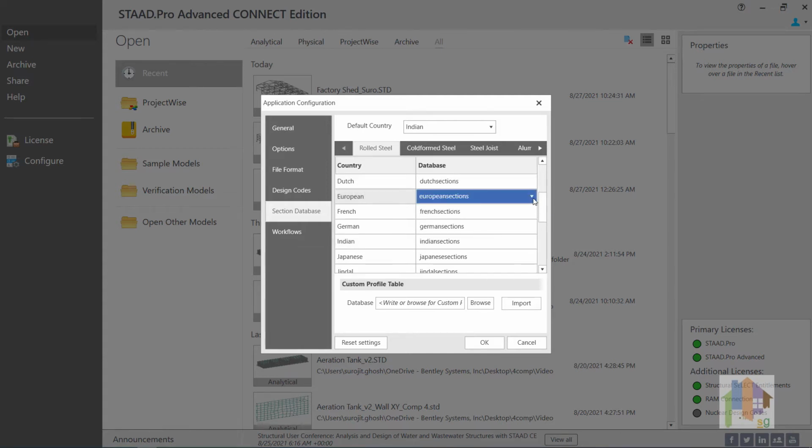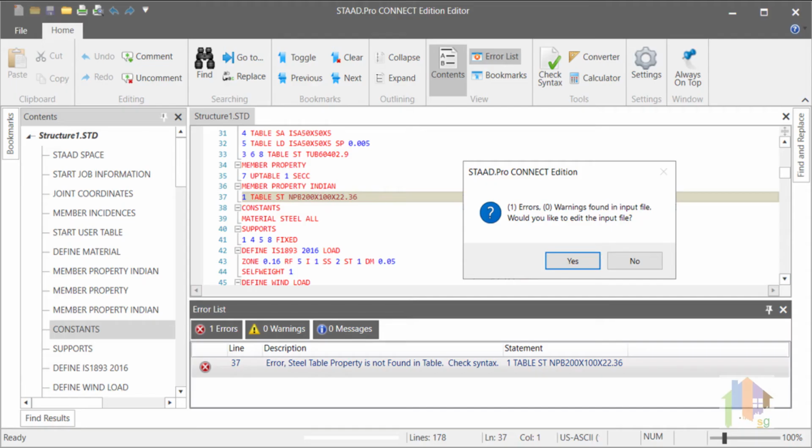Availability of sections and section properties vary in different database versions, and you should select the version carefully as per your project requirements before generating the model. Also, if you assign any section from the new database and try to open that model in another computer where an older database is selected, you might find a warning that the section is not available. So always cross-check the database version used in your client machine when you receive a STAAD model for review.